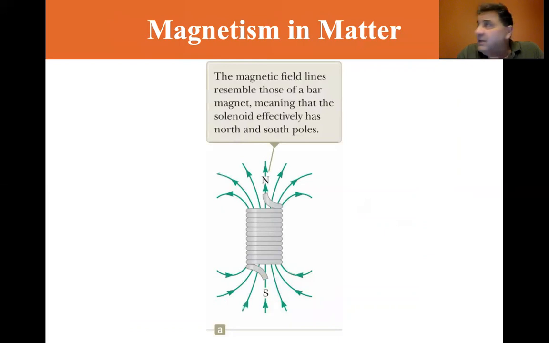The magnetic field lines resemble those of a bar magnet, meaning that the solenoid effectively has north and south poles. And that pretty much